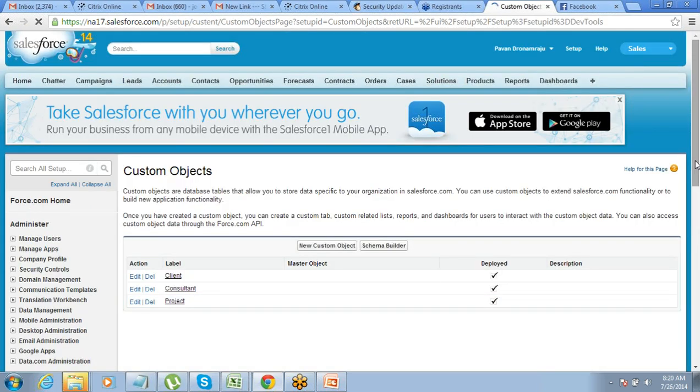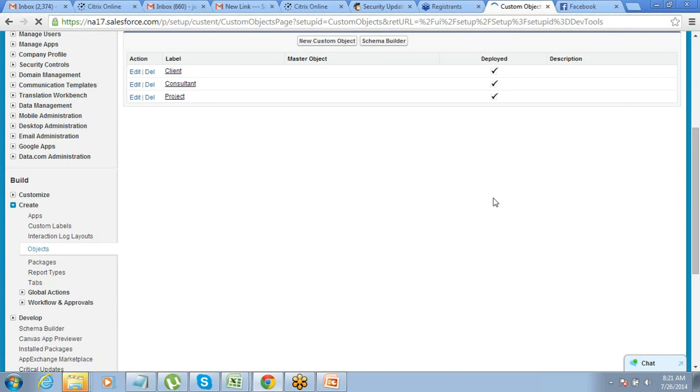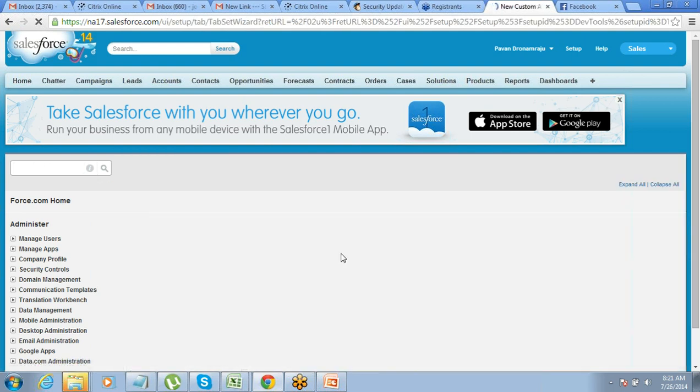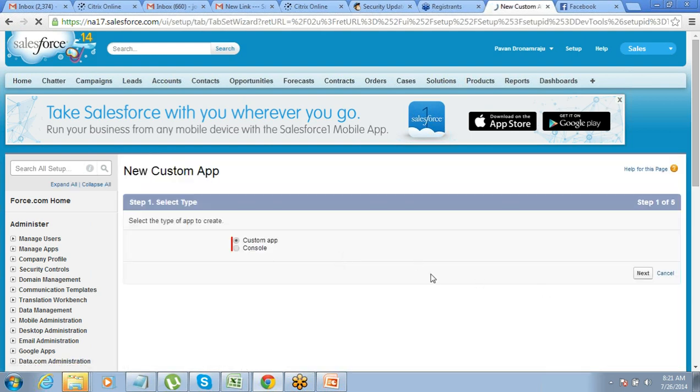The first thing we'll have to do is create an app. So go to setup, create, apps. Click on new. Select custom app, go to next.